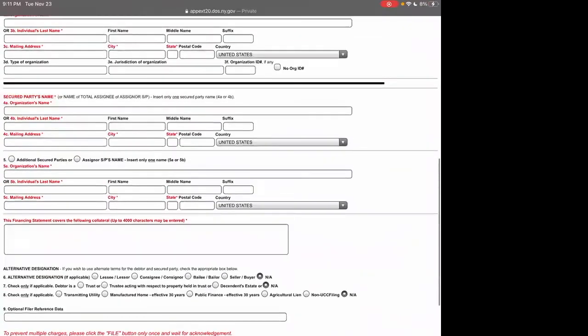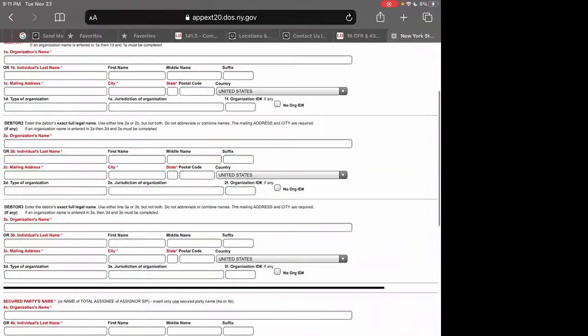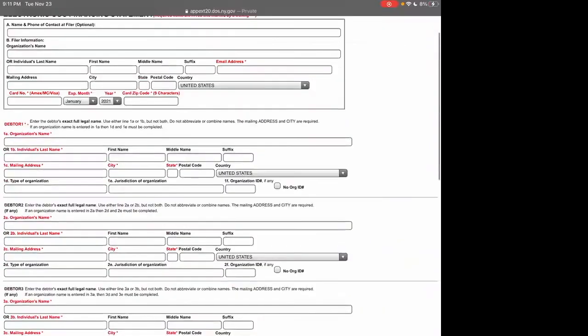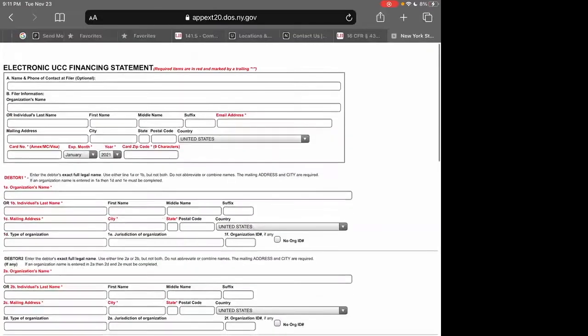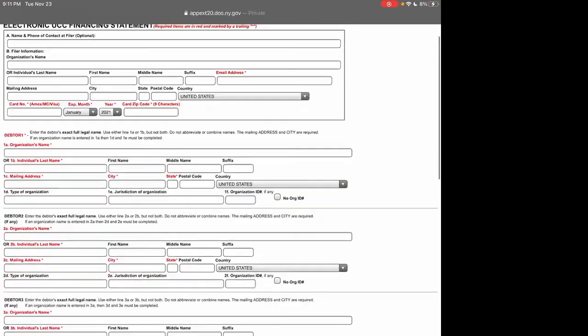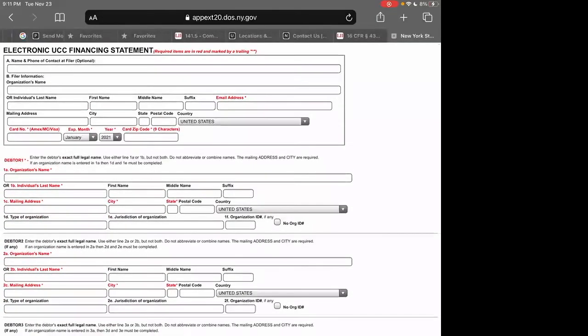Is it possible for you to look up Washington State? I've been having trouble finding the online filing version, which is why I do see paper. Just do it through New York. It's fine if you just do it through New York. Oh, for real? Yeah, you can. Everyone can do this through New York.